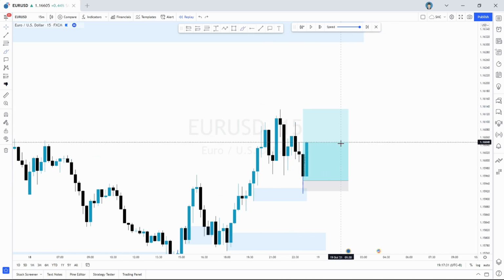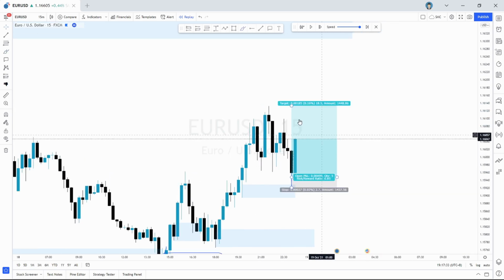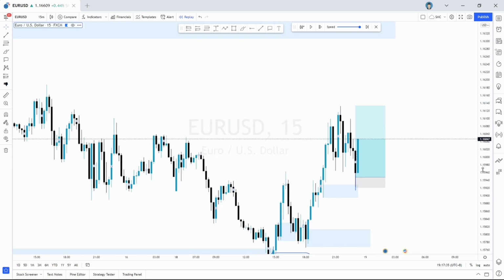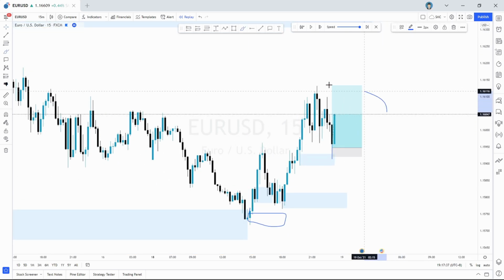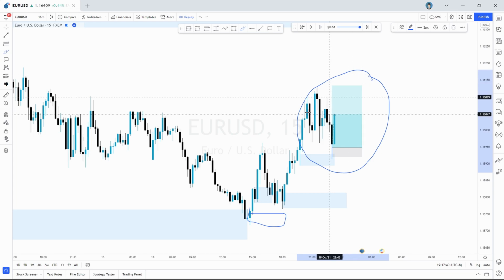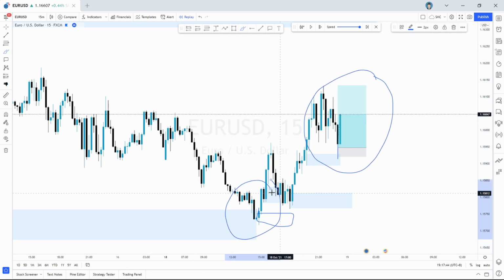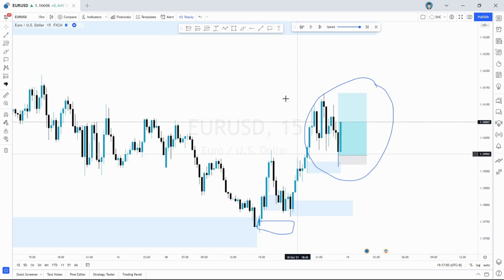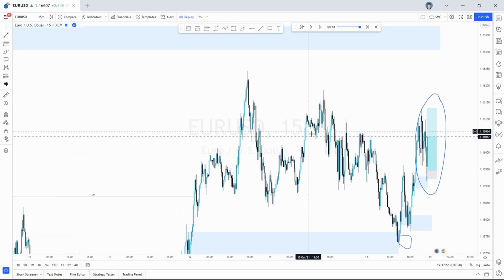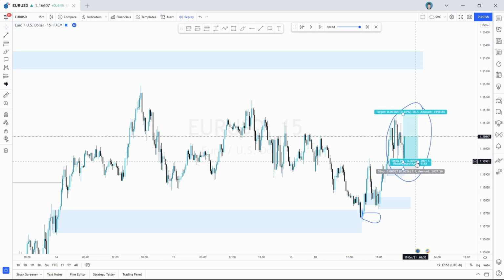I had a target over here, a 6-to-1 RR, because again, I'm using this as a way to pay for, let's say if I took a loss here, or right now this is break even, so I might profit from a break even here, then also to make up some losses over here on the 2 losses I took there on the downside. At the same time, the reason why I had my take profit over here